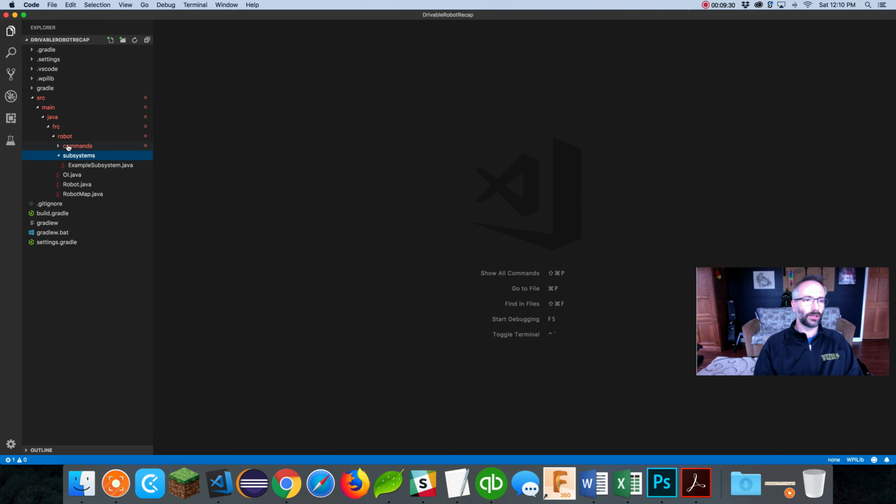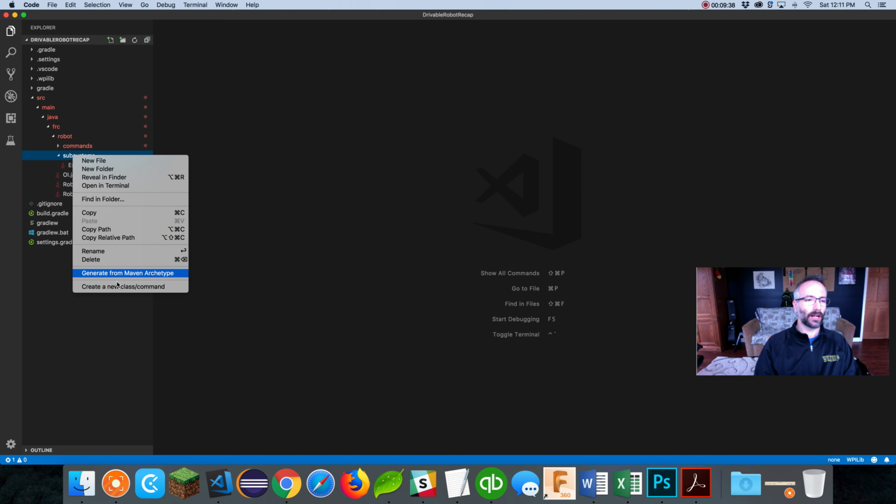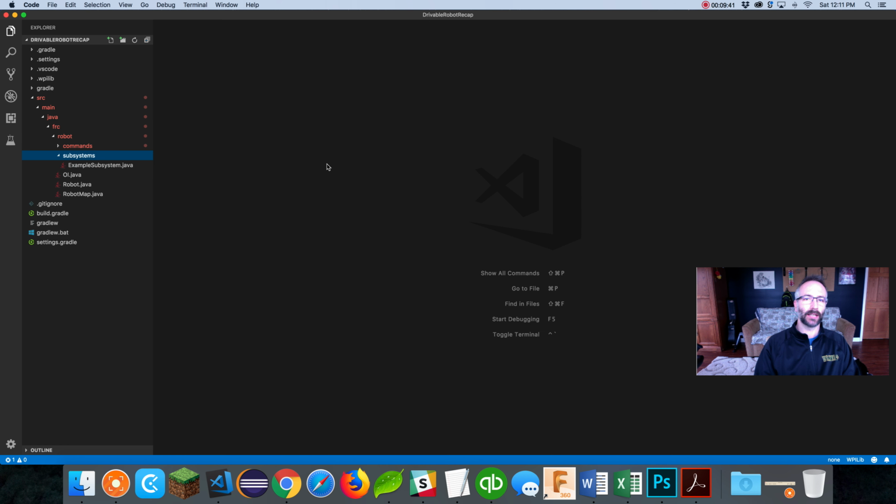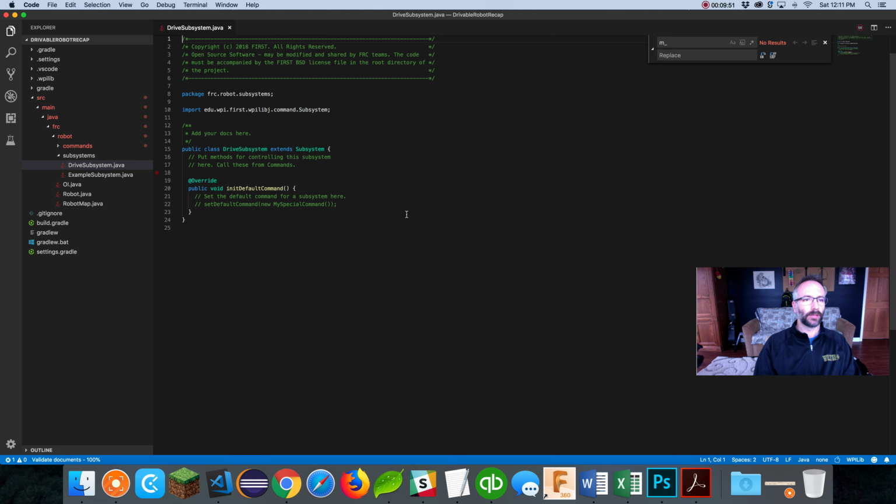The next thing we're going to do is create a subsystem. I'm going to right-click on this and hit Create New Class command, and I'm going to select Subsystem, and then I'm going to type Drive Subsystem. Enter. Now the Drive Subsystem is just a class